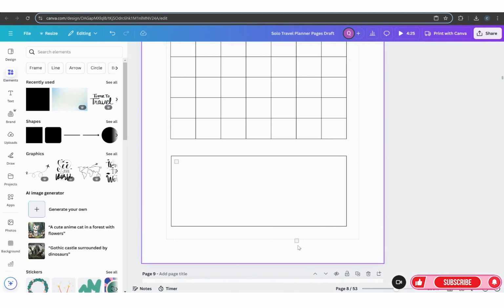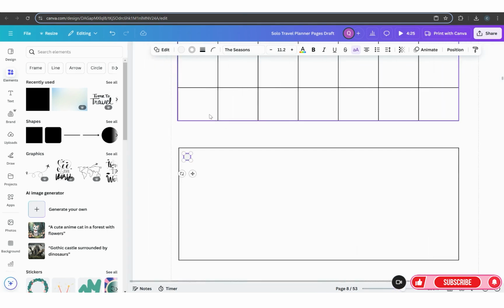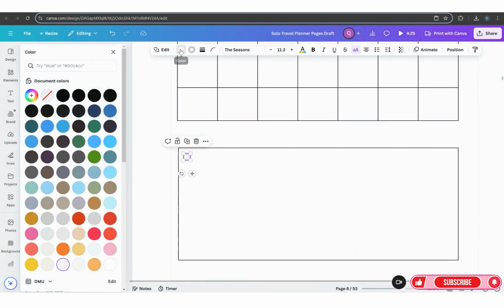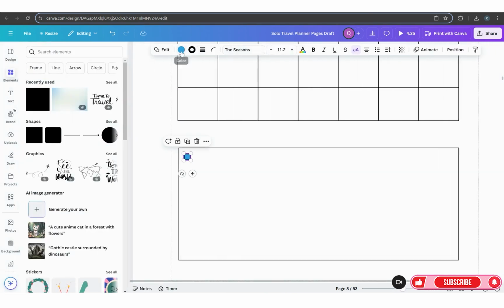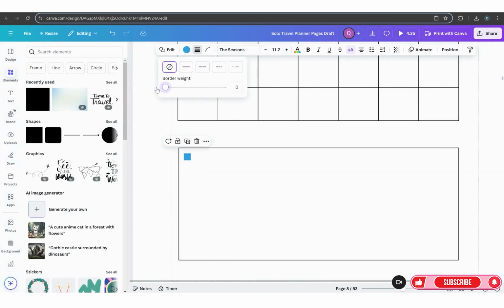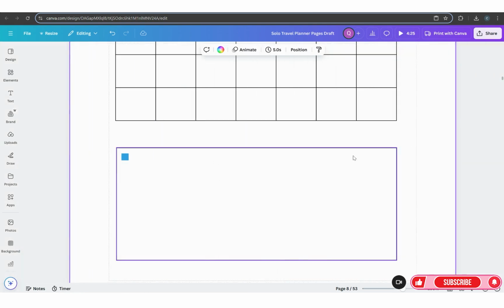and then I'm just going to delete these squares out because I really just want this square, and I'm just going to zoom in so you can see. And I'm just going to change this to like a lighter blue color. And I really don't want a border around it, so I could just turn this all the way off, and that's what I just did. So now we have that,